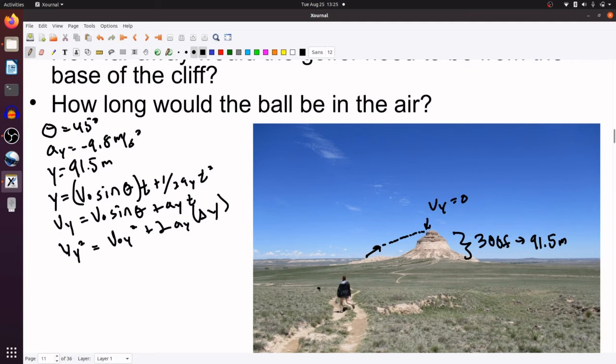This is 0 because we know if we're just hoping to hit the top, it should be 0. V naught y I will write out in a larger form and move this stuff to the other side. So that gives me a negative 2. And a_y is negative 9.8 meters a second squared. And then delta y is going to be 91.5 meters. And then that's equal to V naught